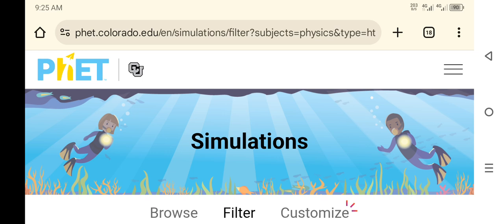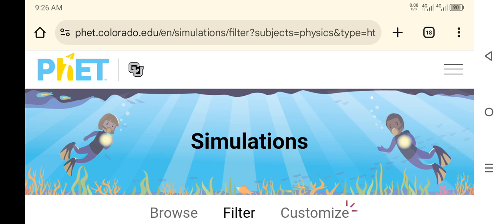Today's session, we are going to see an experiment related to the transformation of energy, or how energy can be transferred from one form to another form. As well, we have learned the law of conservation of energy states that energy can neither be created nor destroyed, but can be transferred from one form to another form. So now let us see how we can convert one form of energy to another form of energy.